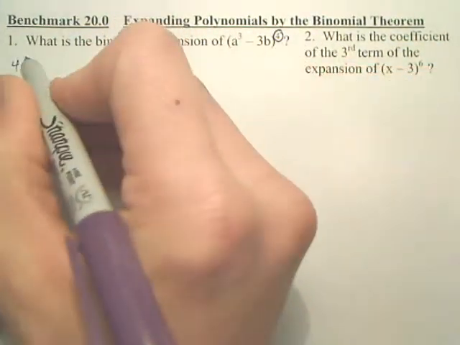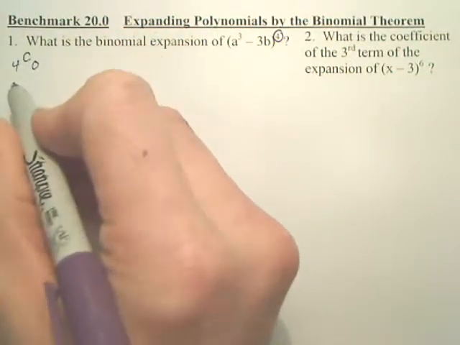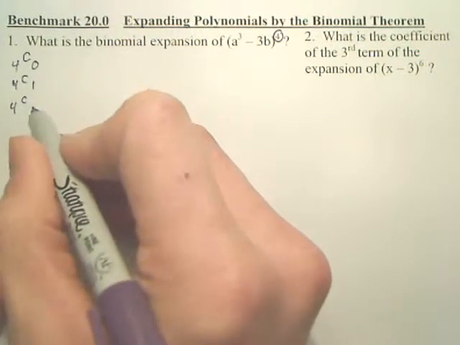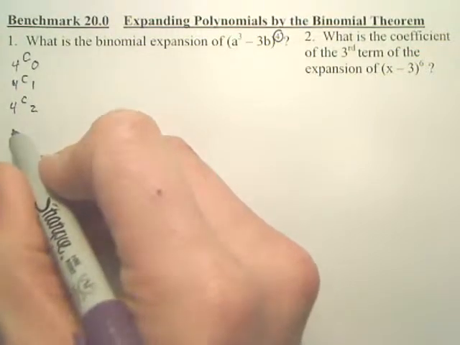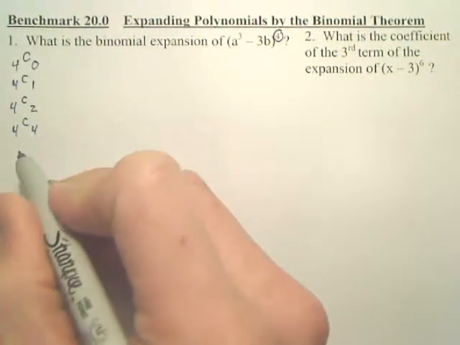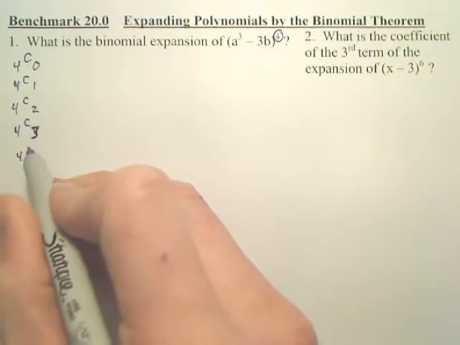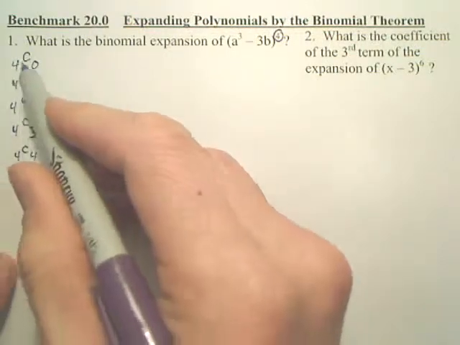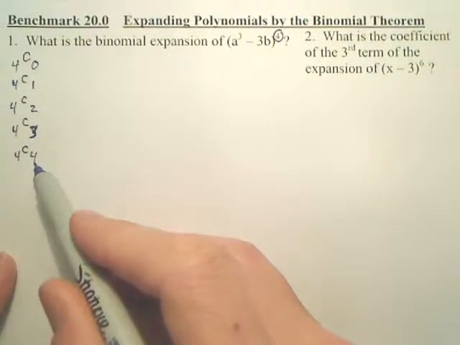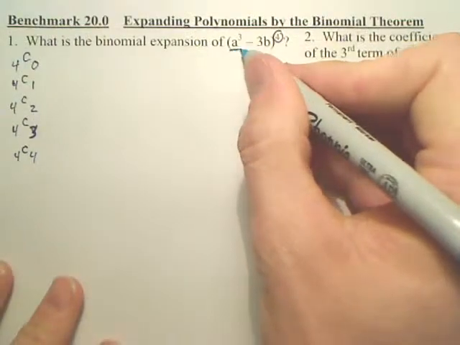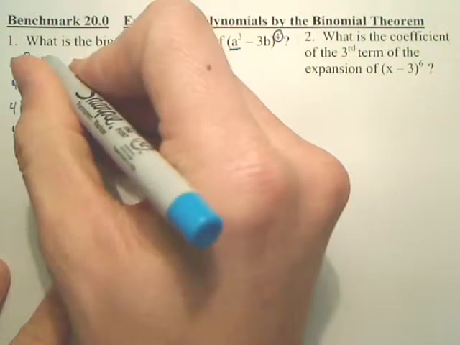because it's the 4th power, and your combinations from 4C0 all the way to 4C4. Oops, I said 4, 4, so I wrote 4, 3, 4. Okay, so I have 4 combination from 0 all the way to 4. That's your first step. Your next step is to take this term and you start with the 4th power, but